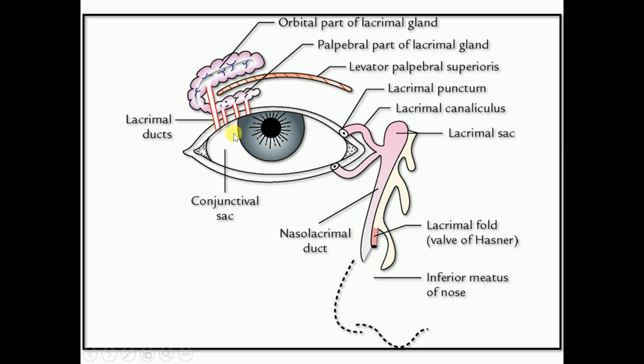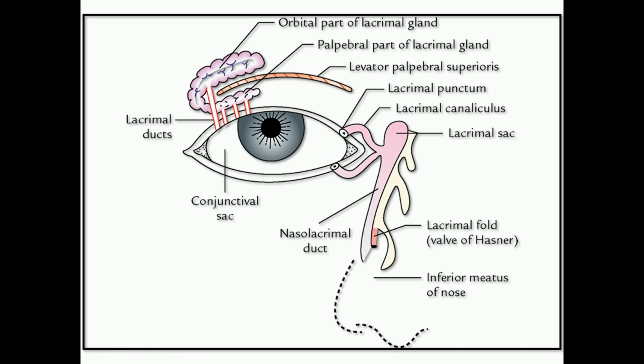Now the conjunctival sac fluid finally enters the lacrimal sac. The lacrimal sac is present within the lacrimal groove, in the lacrimal bone of the medial wall of the bony orbit. But how does it enter the lacrimal sac? Initially the lacrimal fluid from the conjunctival sac enters the lacrimal canaliculus via the lacrimal punctum. There are small openings on the upper aspect as well as the lower aspect, and through this punctum the tear enters the lacrimal canaliculus.